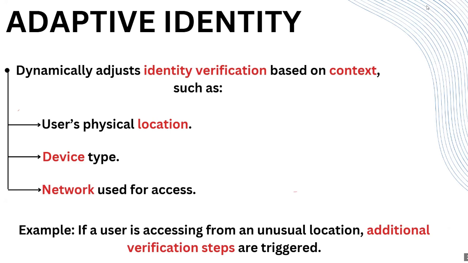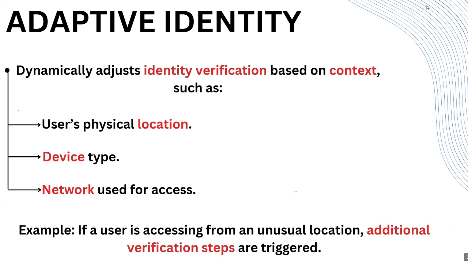What is the device model? Is it an iPhone? Is it some sort of Dell desktop, right? And we're looking at from which network this connection originated. So in this case, it originated from some network in North Korea. We don't know exactly which network, but we know it came from North Korea, right? And basically, when we detect an unusual connection coming from North Korea, for example, adaptive identity will force